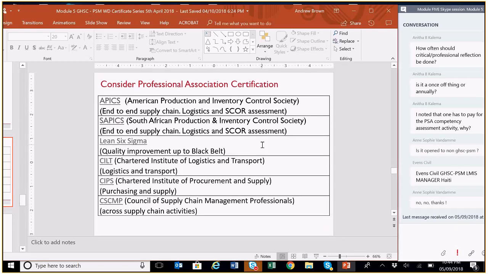Next, I want to remind you about professional associations certification. Now, these all cost money. They cost fees because they're run by professional associations, but they are internationally recognized. So all of the